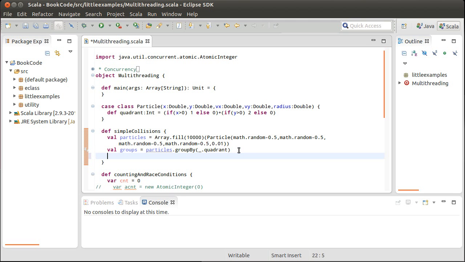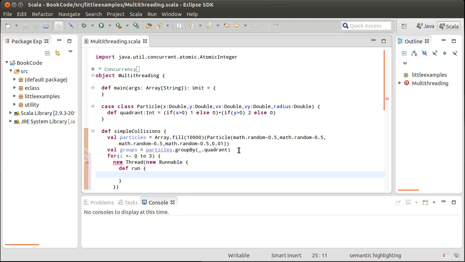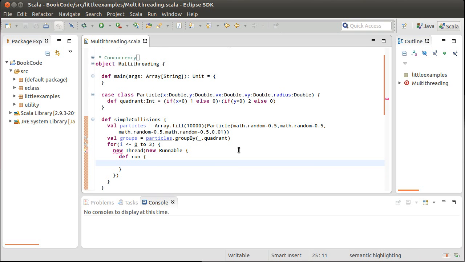And then what I want to do here is start off 4 threads and have them running. So I want to run through my 4 quadrants and make my 4 threads, and each one of these is going to have the code. Let's just start typing some of the basics here. We'll make a new runnable. I'm missing an E. So we make a new thread, we make a new runnable inside of that thread. And what happens inside of the run method in here is that